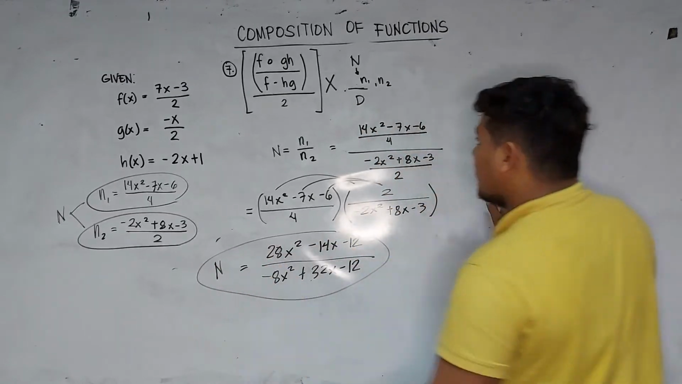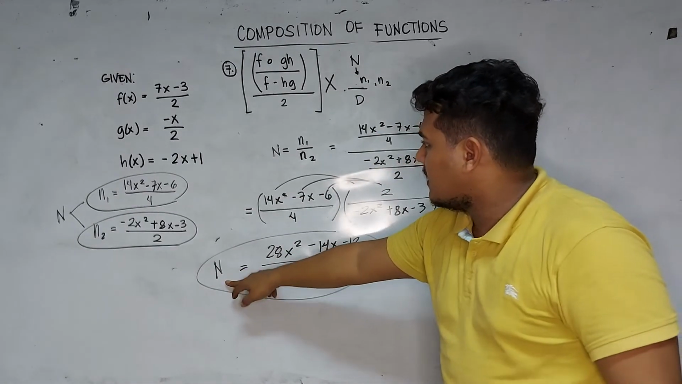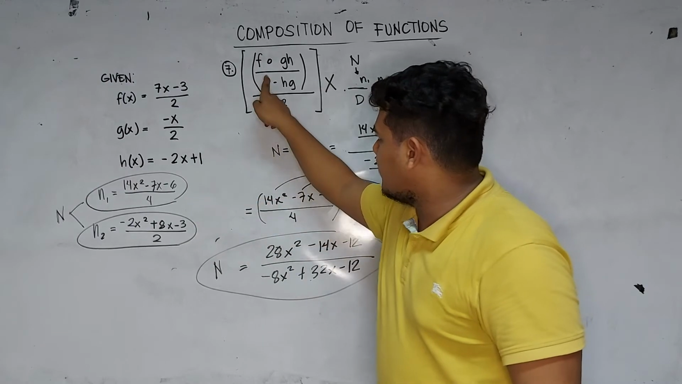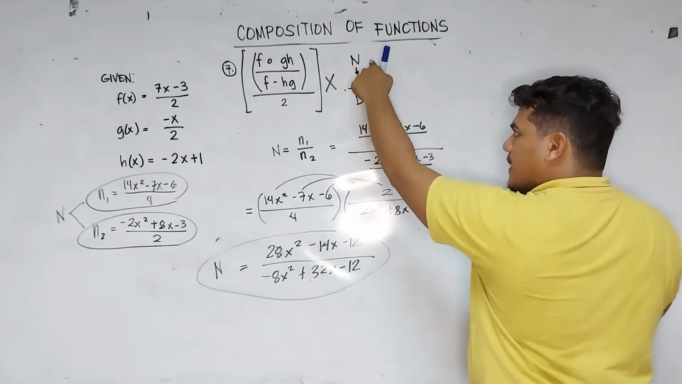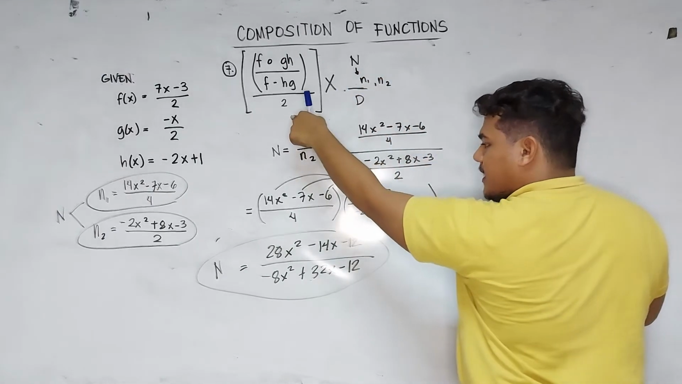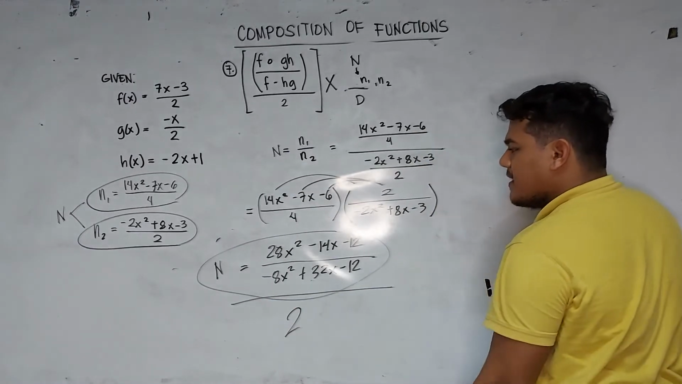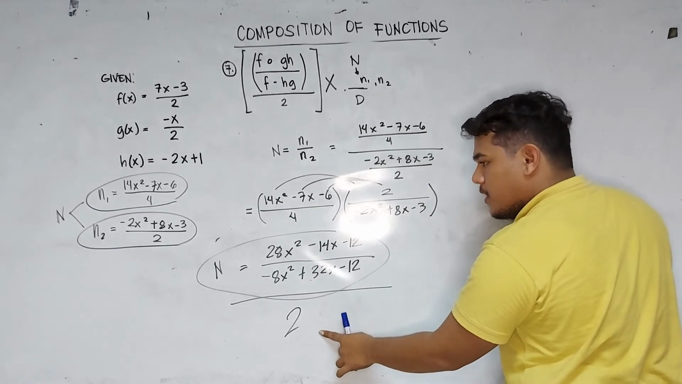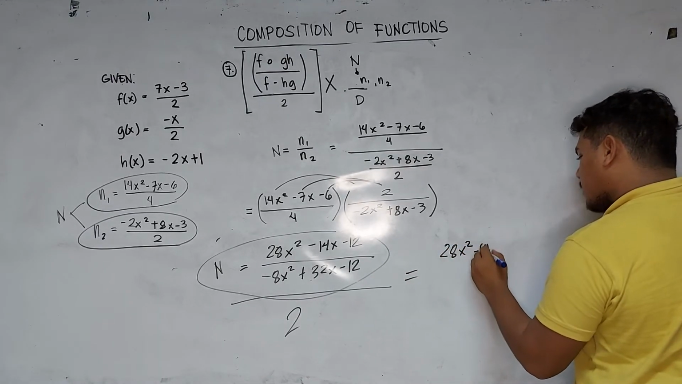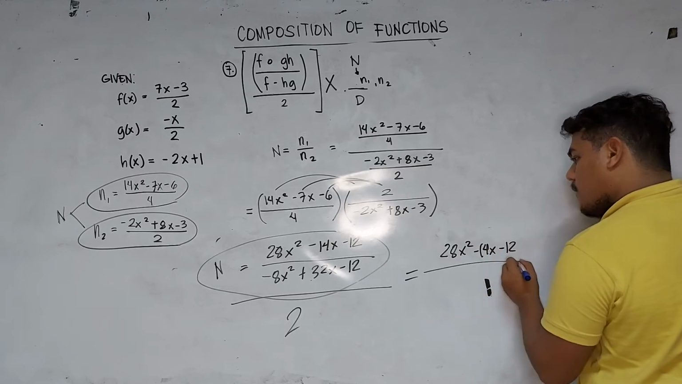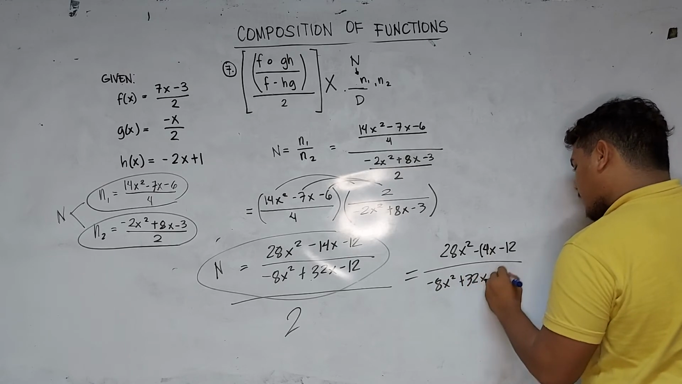We are not yet done. We already have our numerator, because the numerator says that n sub 1 is divided by n sub 2. Let's continue. Now, numerator divided by denominator. What is the denominator? 2. So this one, it's just over 2. So what happens if a fraction is divided by a whole number? This becomes reciprocated. So this becomes 28x squared minus 14x minus 12 over negative 8x squared plus 32x minus 12